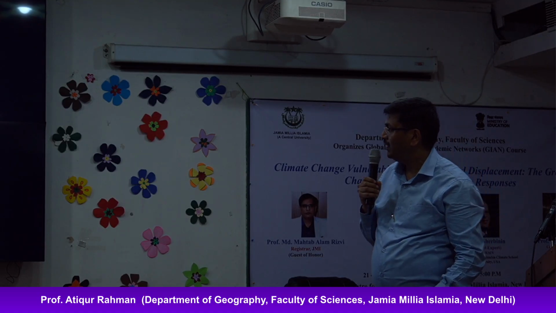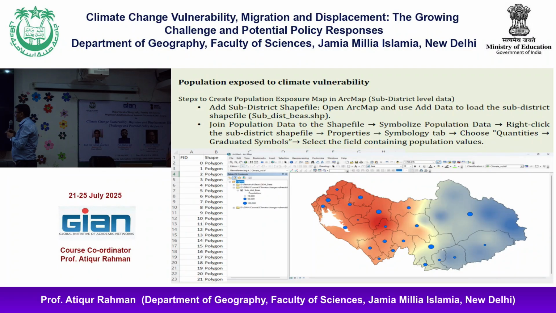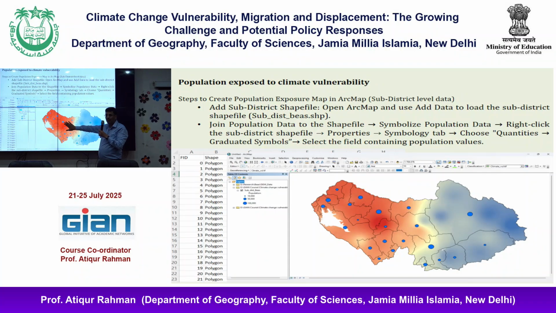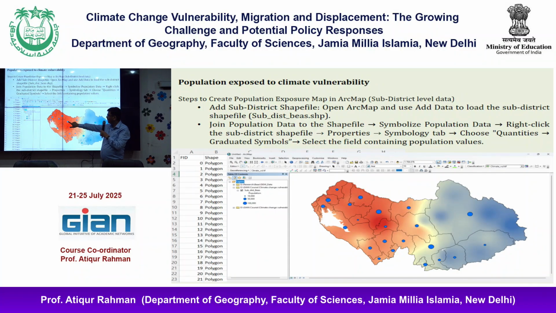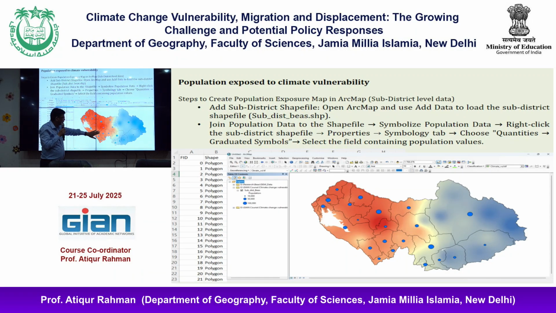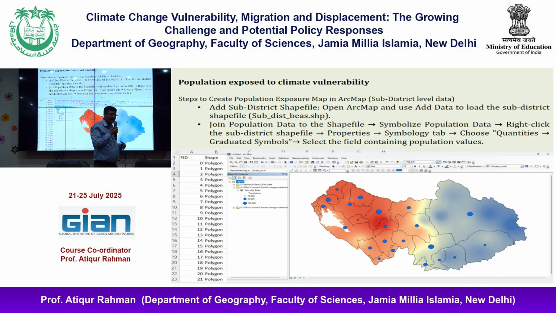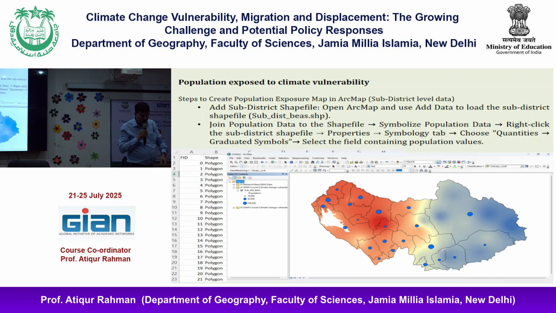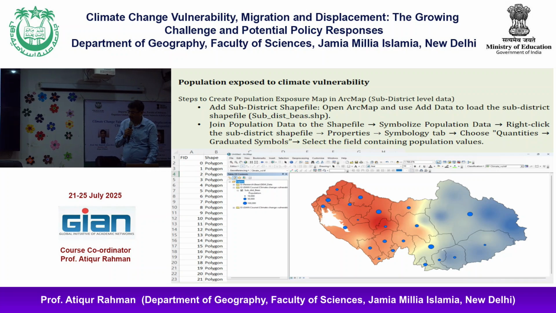Once we overlay it, one output was separate, my vulnerability map, that is the most important, and then the population map. This is what I showed you. These big blue dots have a population of 1 lakh or more than 1 lakh. So that shows what is the state of affair, how many people are exposed to climate vulnerability issues by using these 6 indices, right?